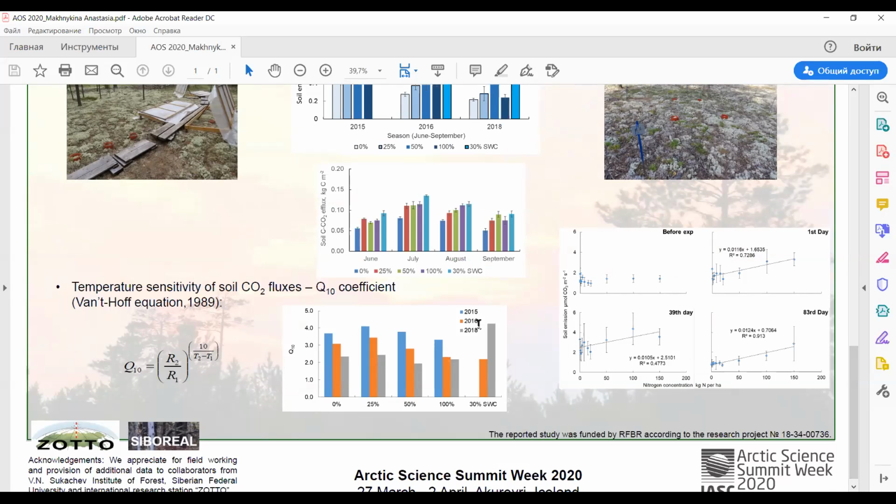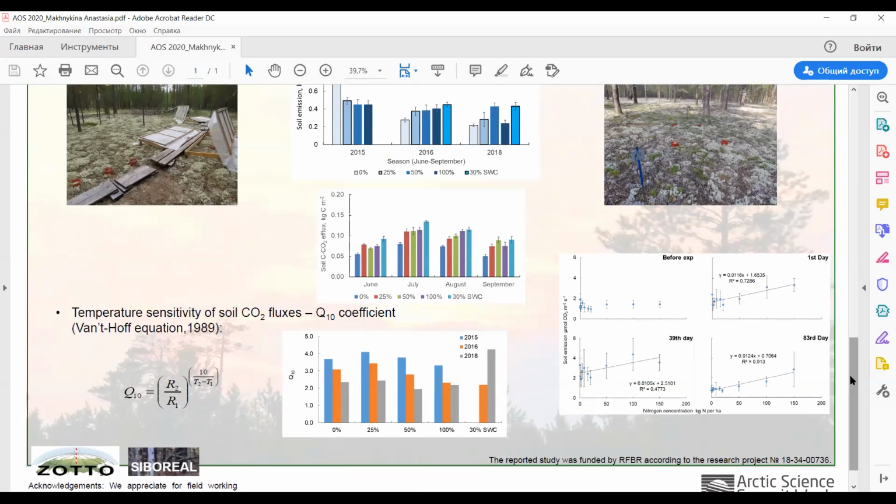Okay, thank you very much, Anastasia. It is very interesting to see these experiments. And could I ask you, do you know about similar experiments done in other places of the boreal forest in Siberia? Because I understand that humidity and precipitation is a very important factor. So do you know of other similar studies in other areas where you have another, let's say, another climate, another amount of precipitation?